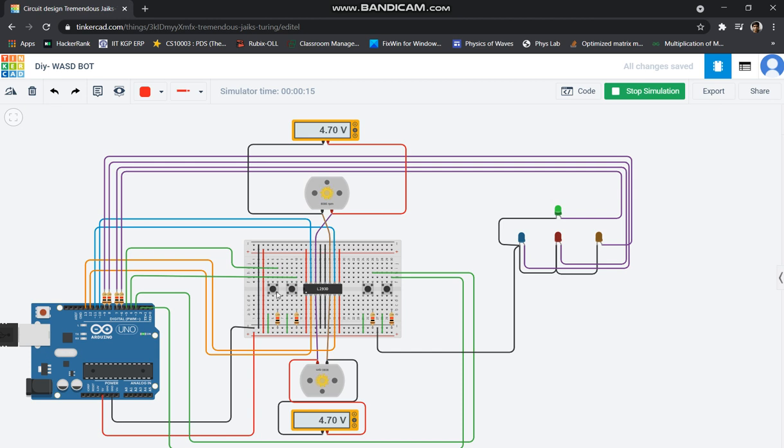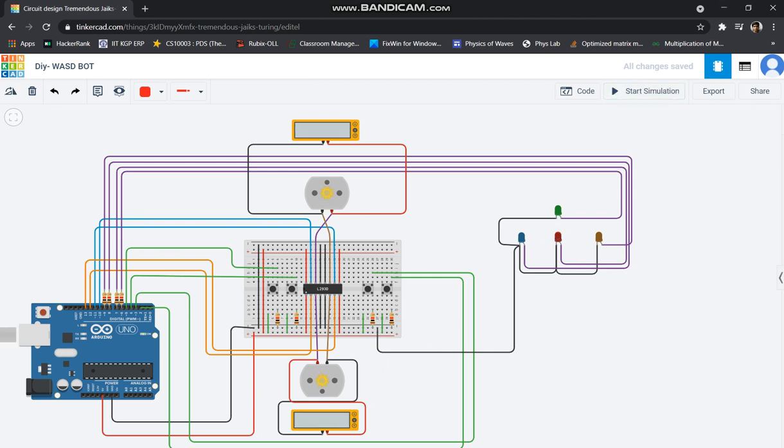Now let's give it the order to turn left, and as you can see, this motor turns off, this light turns on, and this motor still runs at full speed, so the bot would now turn. We can also see the right button, where the exact opposite happens. This motor is now running at full speed, whereas this has stopped and this LED is on. Now we can also see the back button. Yeah, both the motors are now running in the reverse direction. This LED is on, so the code works.